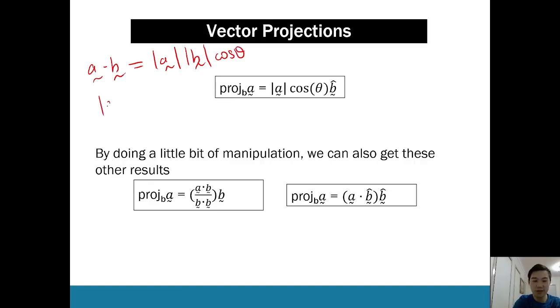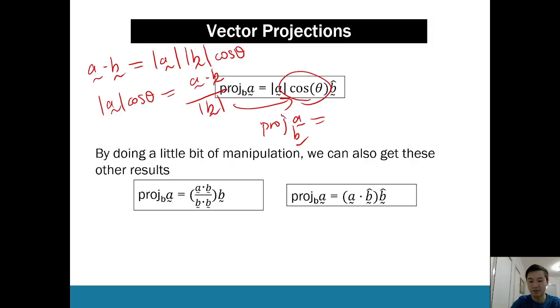So therefore, we can rearrange and say that the magnitude of A times cos theta is equal to the dot product of A and B divided by the magnitude of B. So if we plug that into this form here, our projection of A onto B will simply become the dot product of A and B over the magnitude of B. And we know that the unit vector of B we get by dividing B by its own magnitude. So therefore, this thing will become